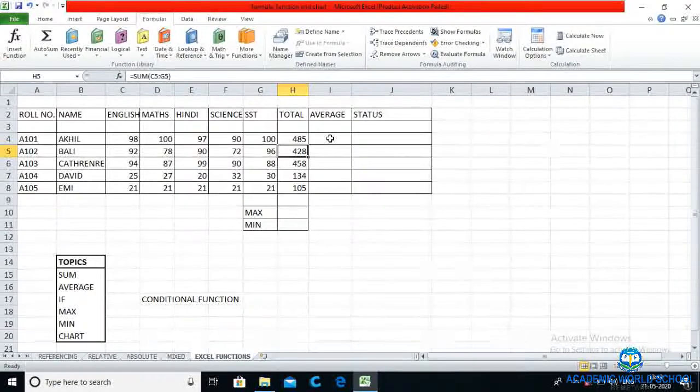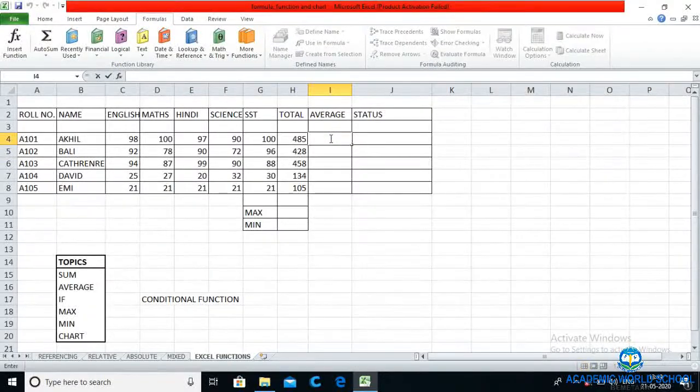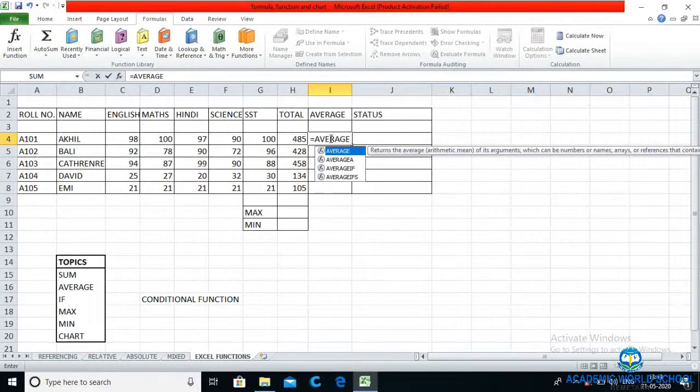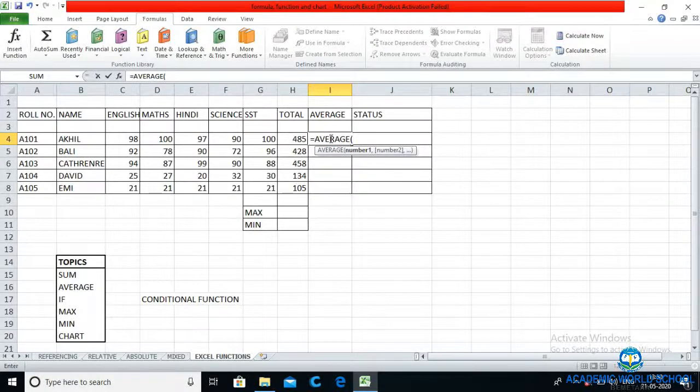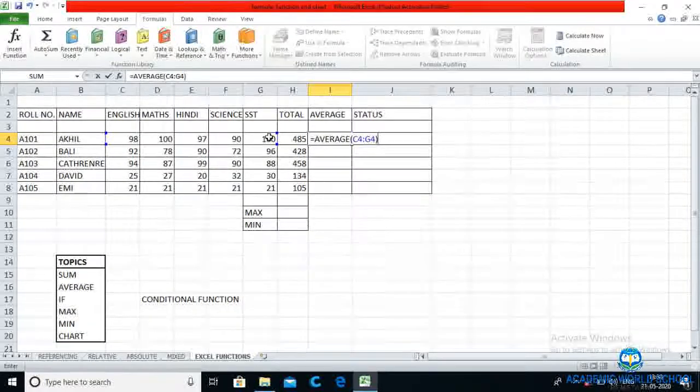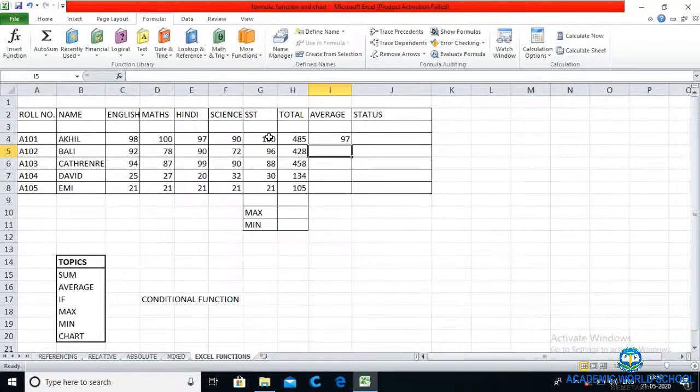Okay students? Now, let's start with the average. Average is also the same type of way we are writing the sum. Just in place of sum, we need to write average here. Then after giving average, we need to select the range.